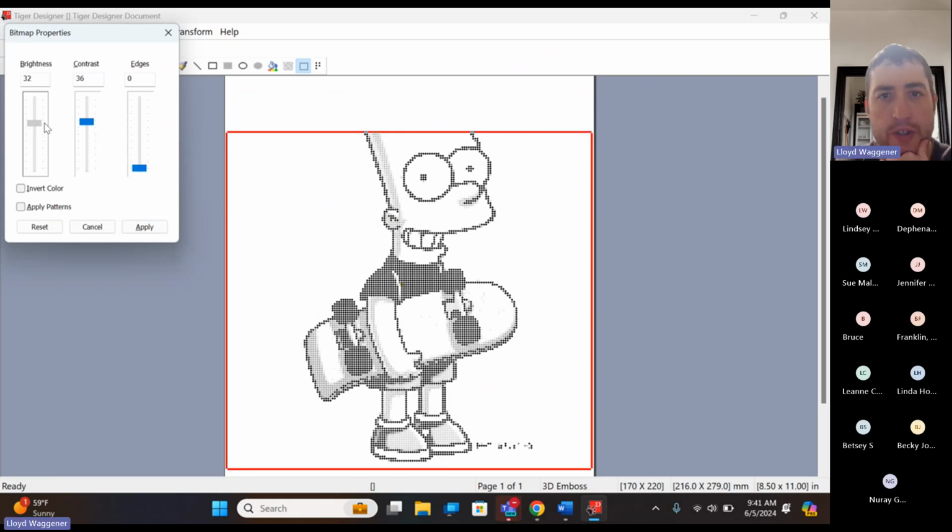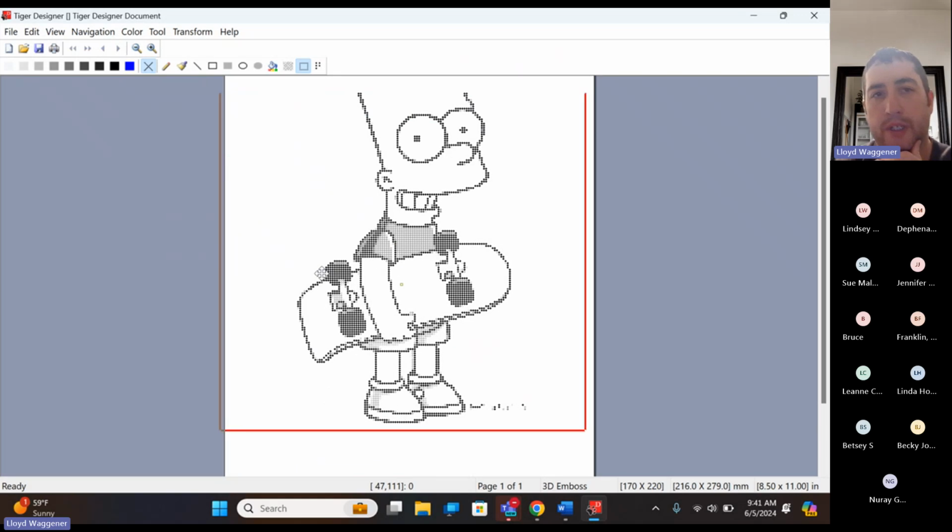So if I have enough contrast, it's going to add the shadows in there. I'm going to do just enough contrast that the shadows disappear because I don't really want the shadows in there. I think it makes the image easier to read with that. So I'm going to hit apply. And then we've got